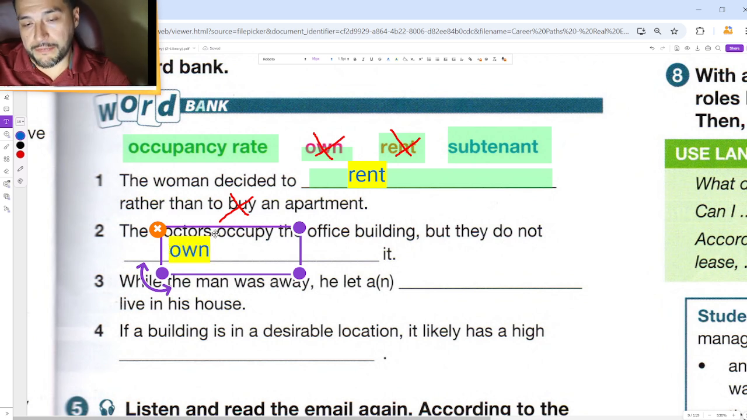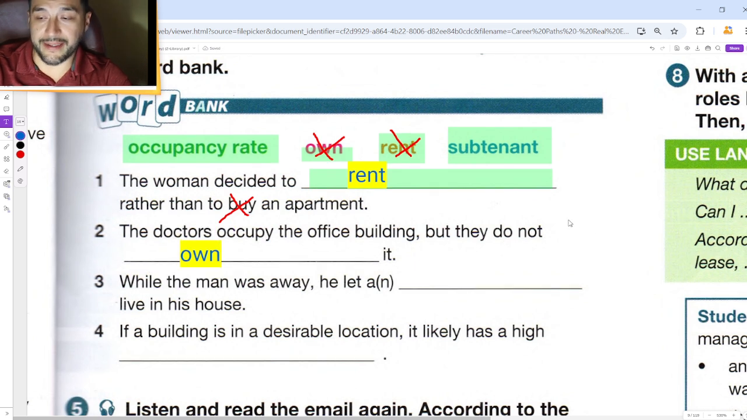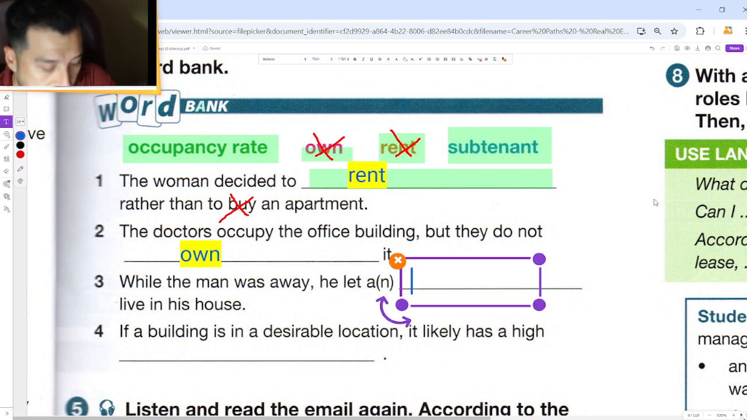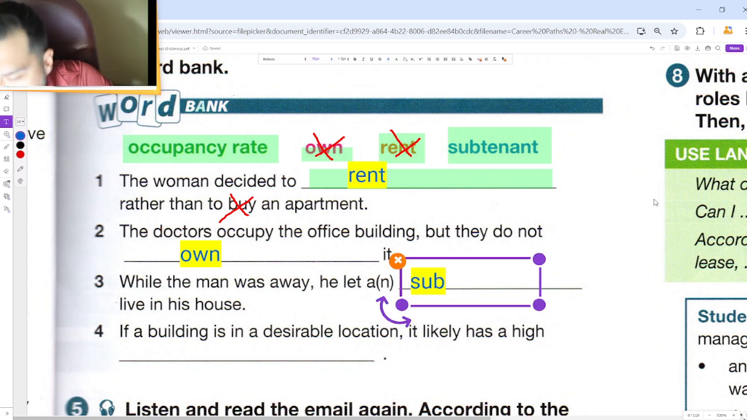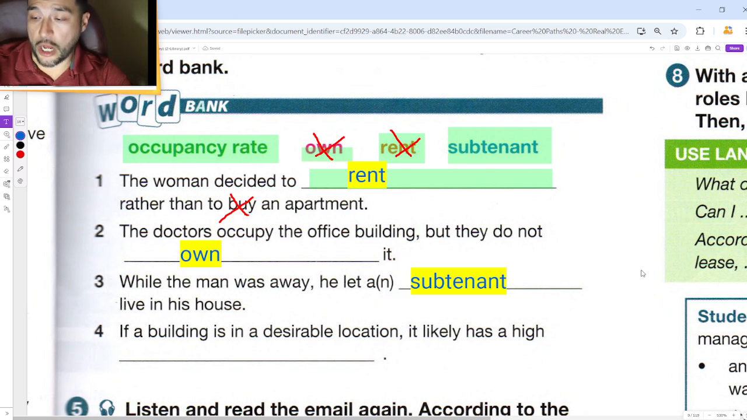Before I got this office, I remember looking at a different office, but they were renting to doctors only. They wanted a building just full of doctors. While the man was away, he let a subtenant. Oh yeah, you can do that. Like if you go on vacation, it doesn't seem too illegal or crazy if you're gone for a while, but